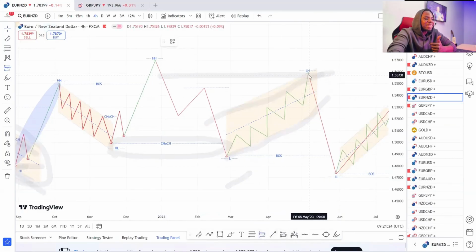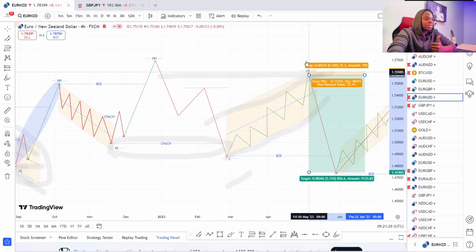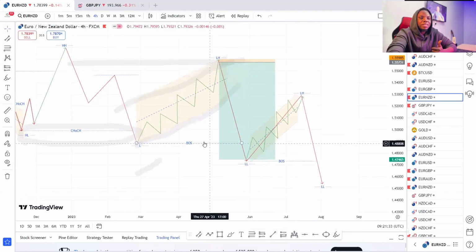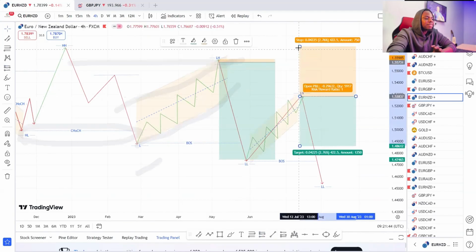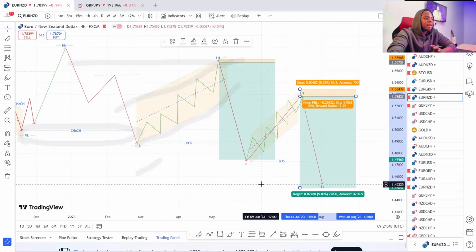To create a new lower low to the downside. And that is where we will be taking advantage to join the market. So as long as the market continues, if you notice here, we have another break of market structure to the downside. So as long as the market continues this direction, I'm expecting the market to do what again? Let the market give me another correction to the upside.